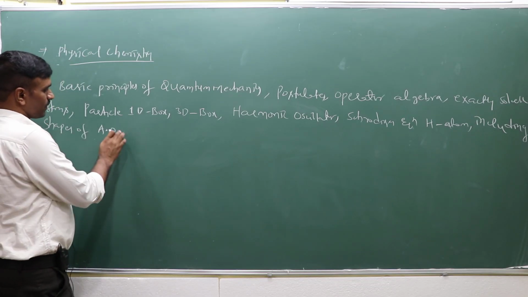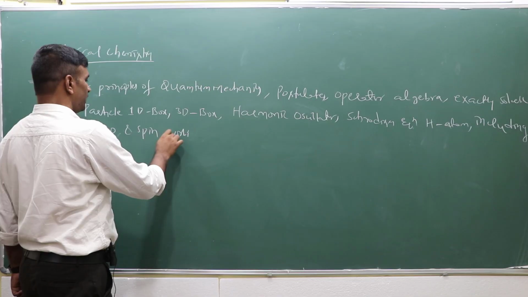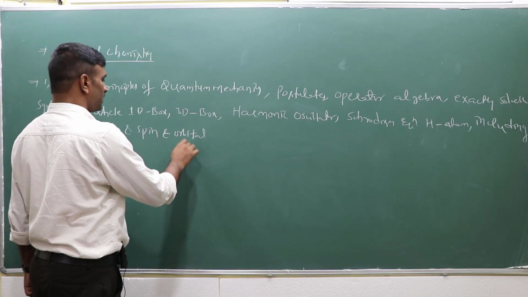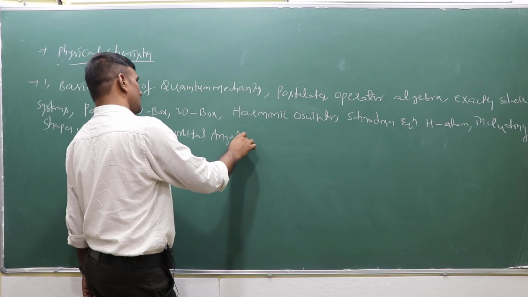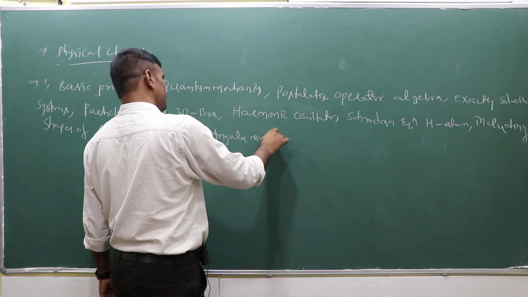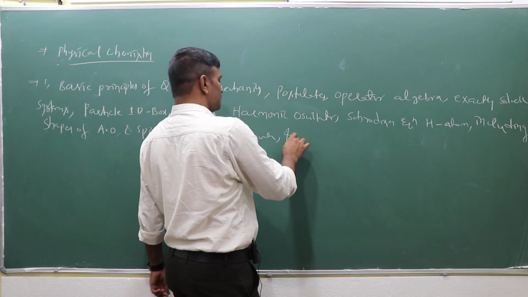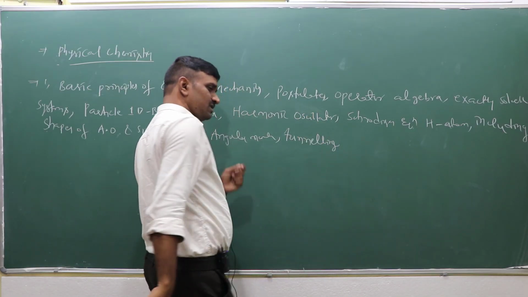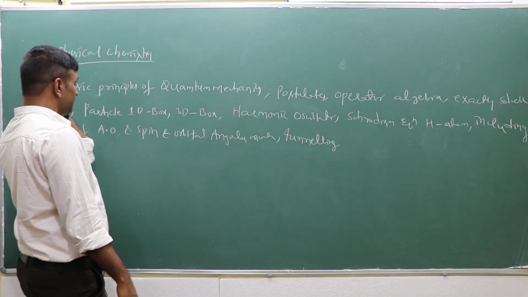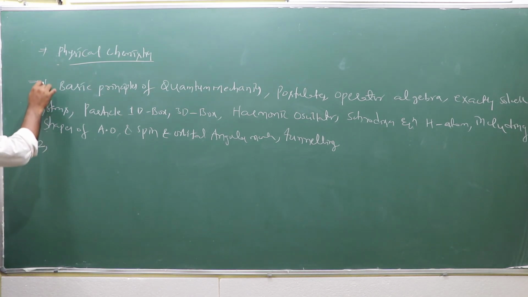and spin and orbital angular momentum, and tunneling. This is mentioned as the first unit in the CSIR syllabus. And the second unit mentioned is